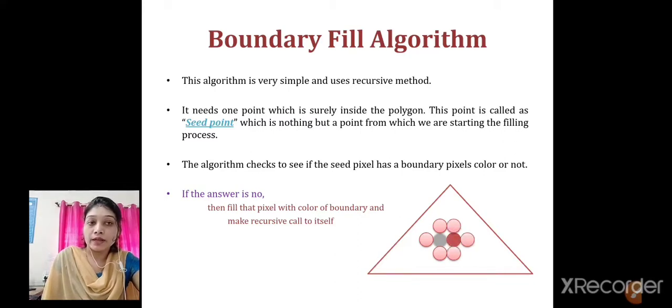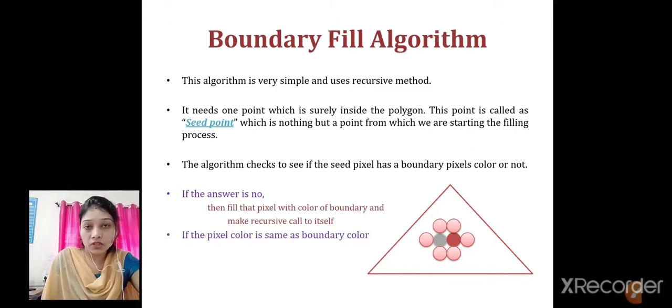So in this way we can have a different color of boundary with the recursion. We start with the left boundary, and with this left boundary again we find its neighboring pixels, and in this way we are going to color this polygon. And if my answer is yes, meaning the initial pixel, that is the seed pixel, has the boundary color, there is no need to change the color of that pixel. Directly you can make the recursive call to that function, so that its left, right, above and below pixels can be found. In this way we are working with the boundary fill algorithm.